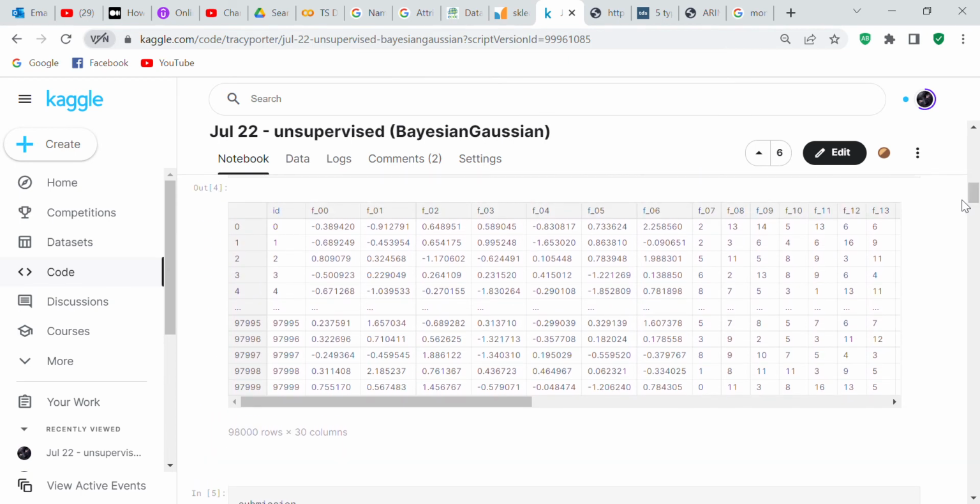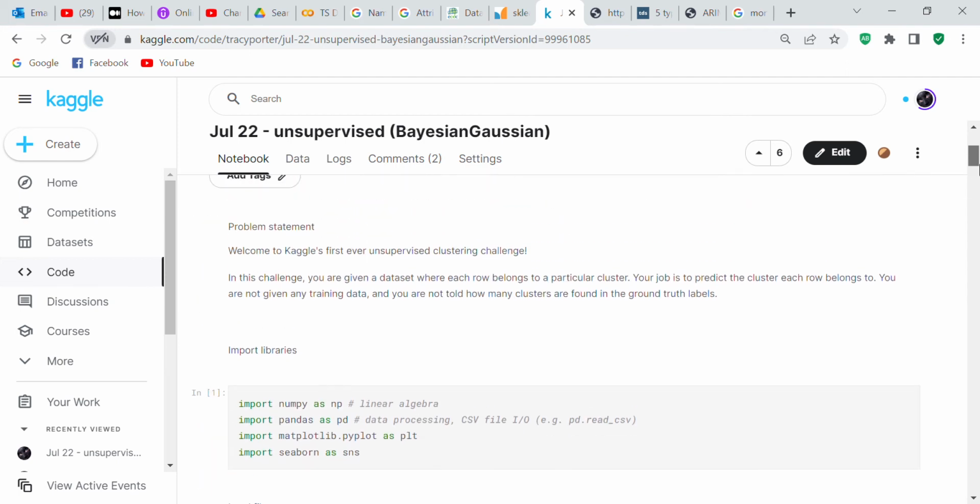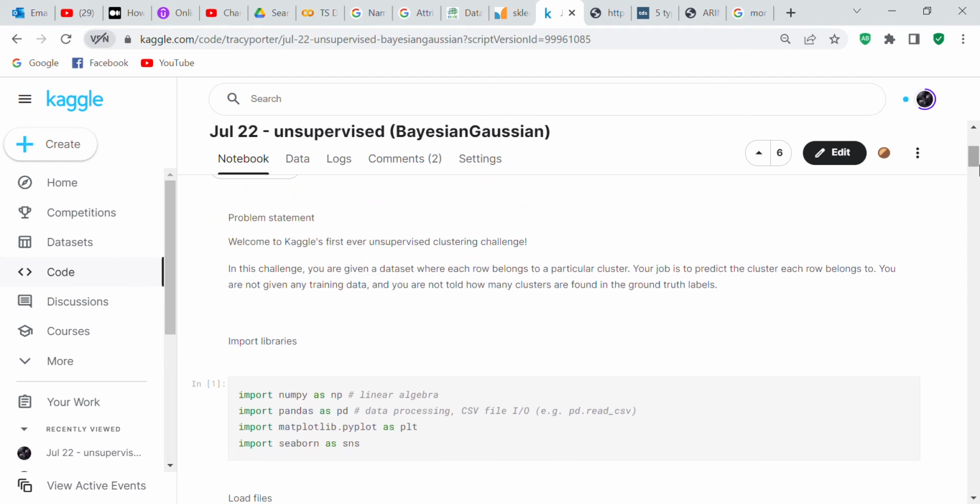It was such a large data set that if you tried to use the hierarchical or the DBSCAN, it would crash the system. And so because of that, I didn't know what to do because I wasn't able to use the most appropriate model for the job. And as a result of that, I had to go into the code that people have kindly made public and look and see if I could find some code that would work. And so basically what you had to do was you just had to guess, so I guessed that there were seven